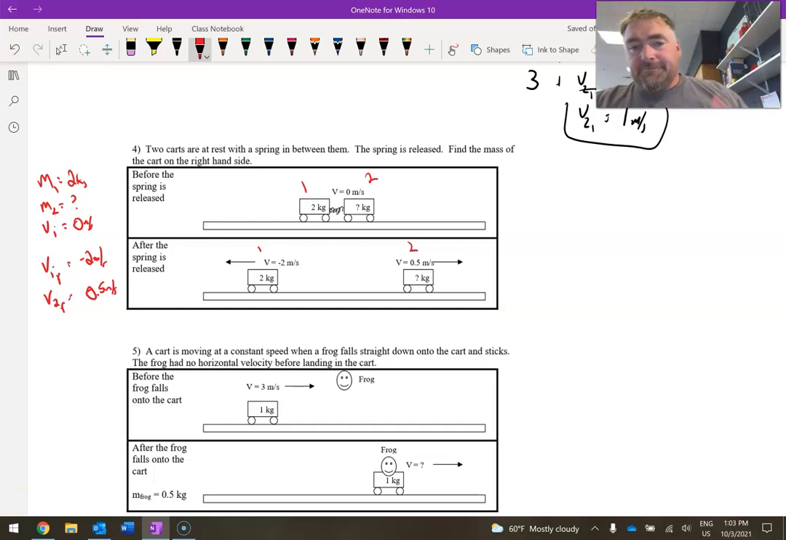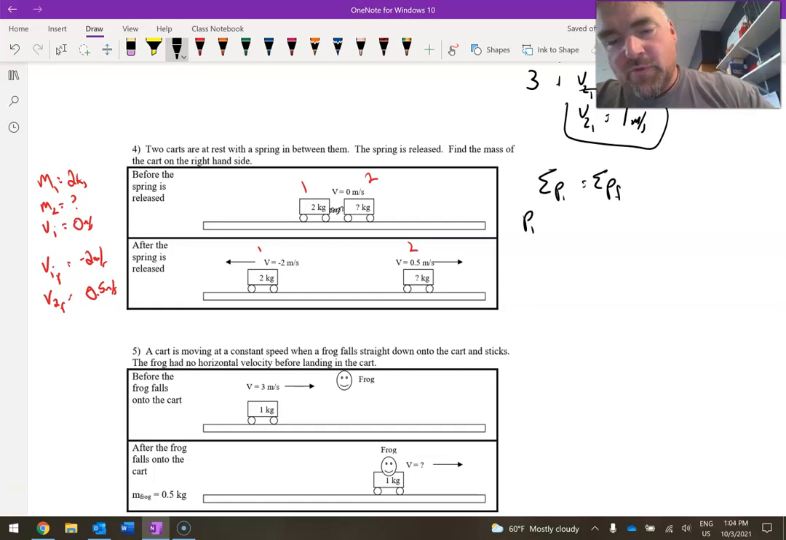So I go through here, and I start off with my conservation of momentum again. Sigma Pi is equal to sigma Pf. So I have two objects before. P1 plus P2 is equal to P1 final plus P2 final. And I forgot my initials over here. Let's put that in. So we go M1 V1 initial plus M2 V2 initial is equal to M1 V1 final